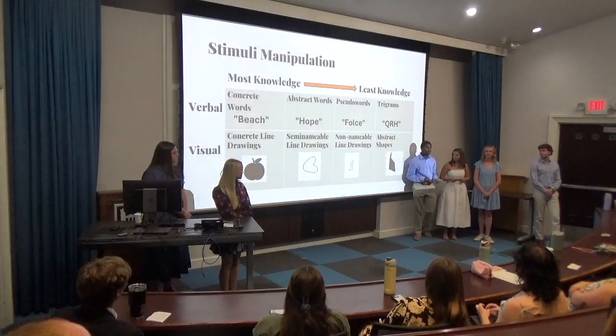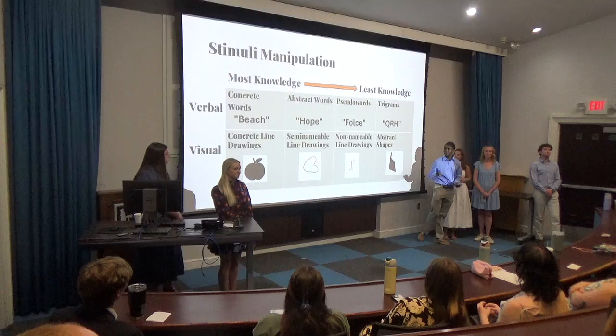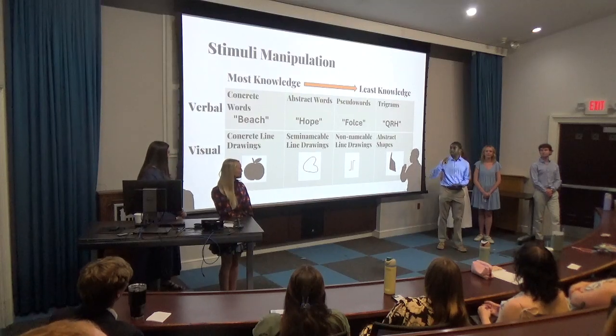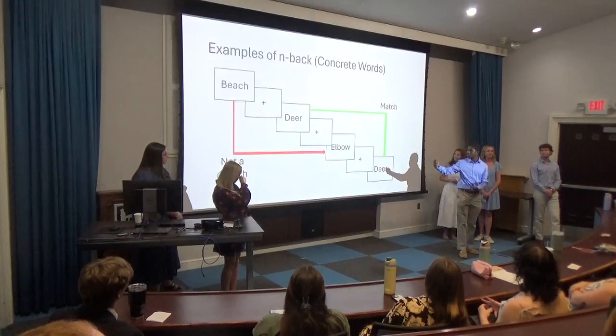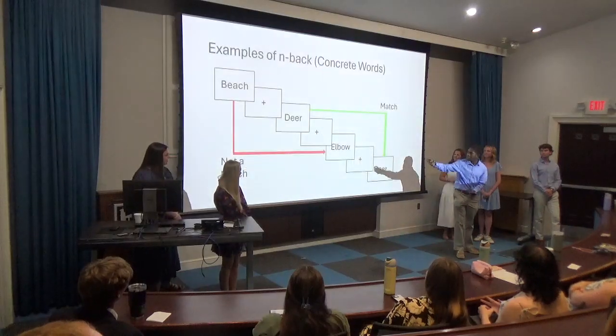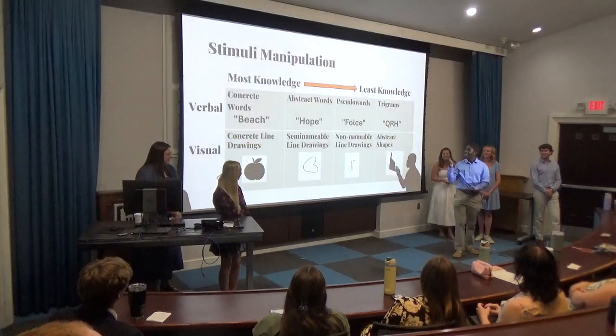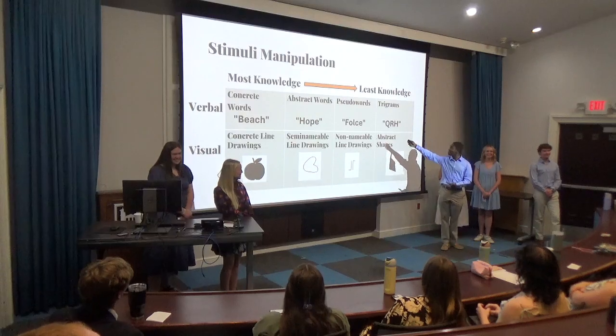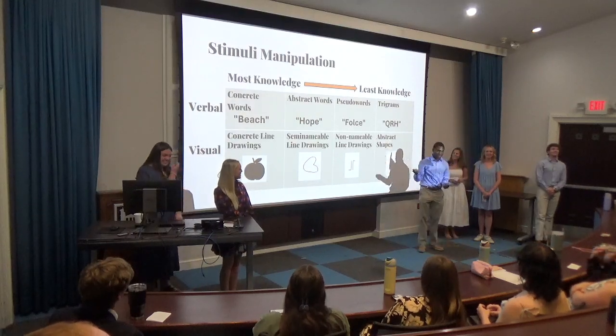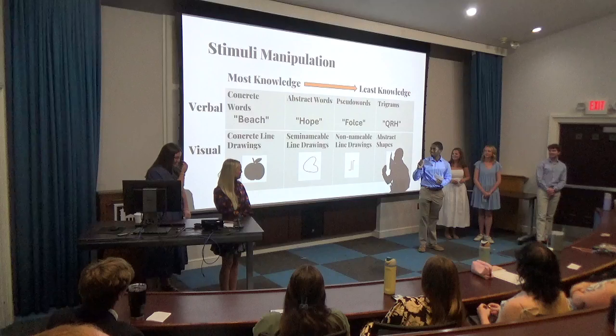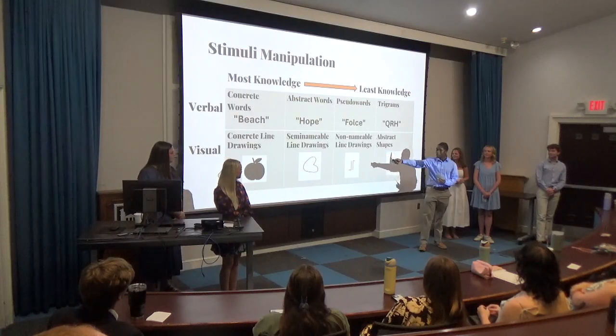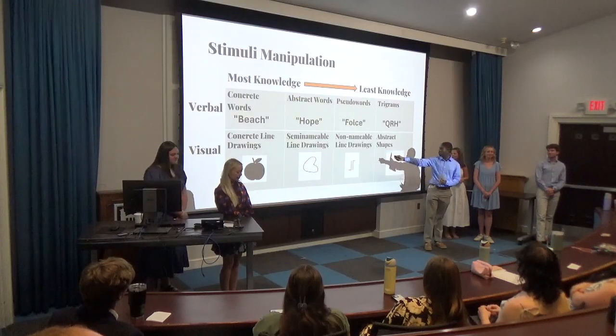Well, younger adults and older adults completed 8 different conditions of the NBAC, with four verbal conditions consisting of concrete words, abstract words, pseudo-words, trigrams, and four visual conditions consisting of concrete line drawings, semi-nameable line drawings, non-nameable line drawings, and abstract